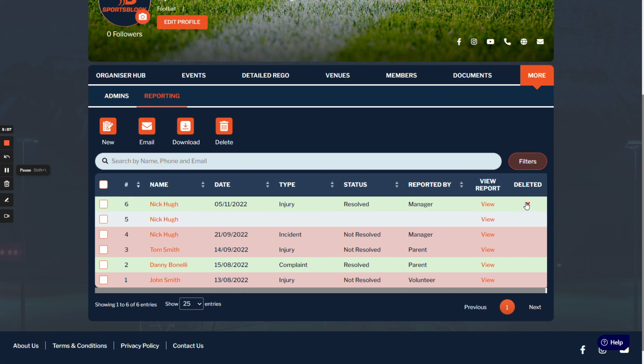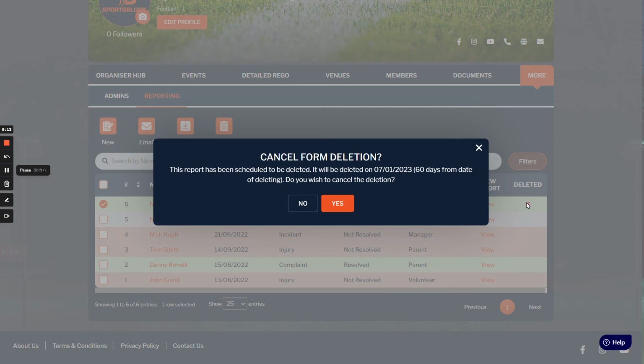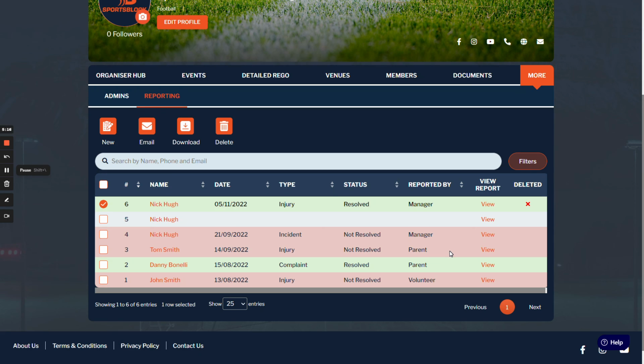If you didn't delete a report and it's got this button there, that means someone's gone in and tried to delete it, and you can undo the delete. So we can cancel the deletion there by clicking yes, and that's going to restore it